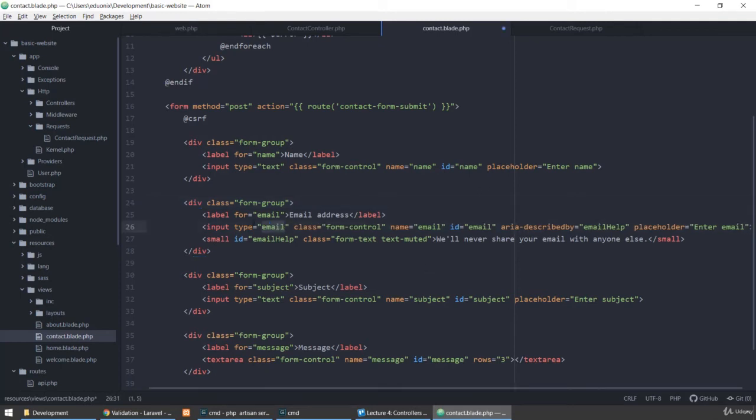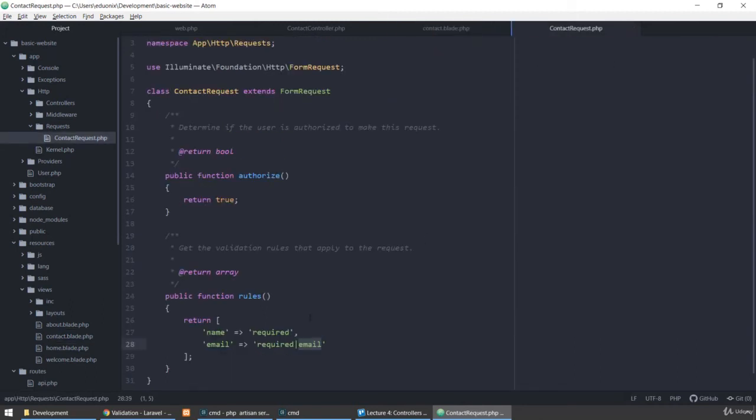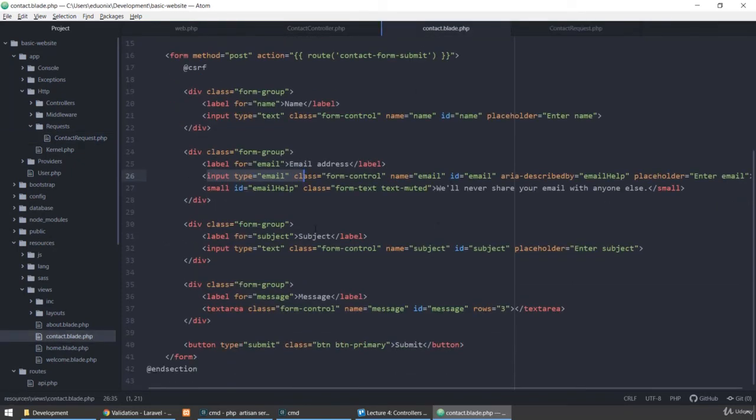So let's get back to the type email, and now we have the HTML validation, and if for some reason this fails, we have our backend validation. So we have name required, email required, and email type. What else do we have? Subject